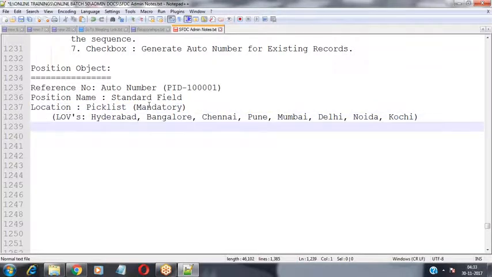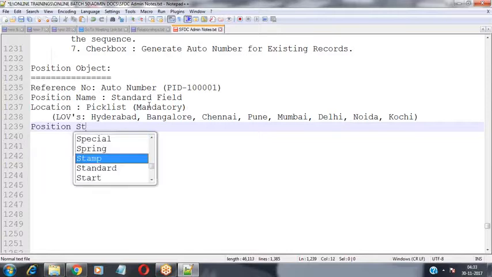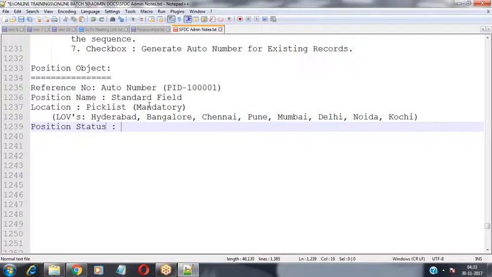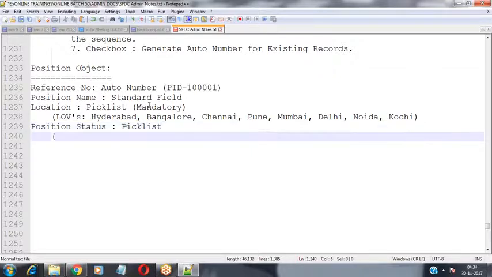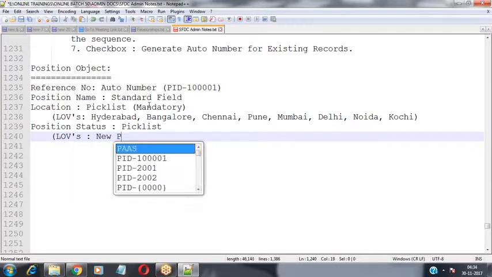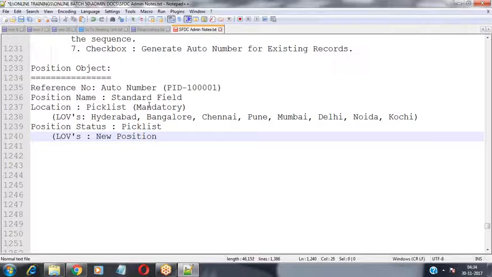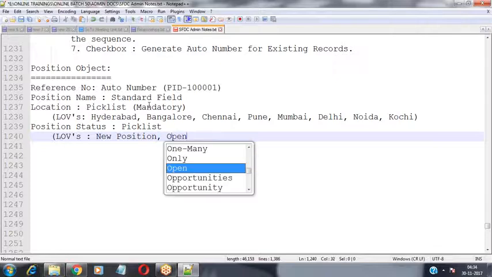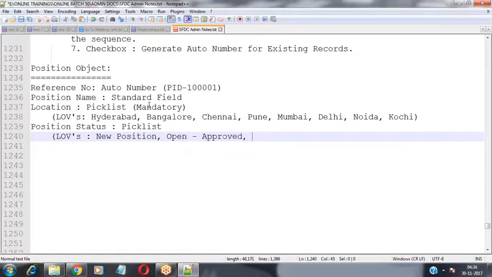The next field is the position status. What is the current status of the position record? Whether recruiters have started recruiting for the position, or whether it is closed, or on hold, I would like to indicate the status here. For that, I would like to use the pick list field again. The list of values: initially the position will have the status new position, and then I change the status to open approved, nothing but the finance people have approved the budget for this position.